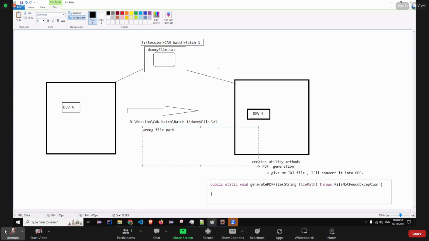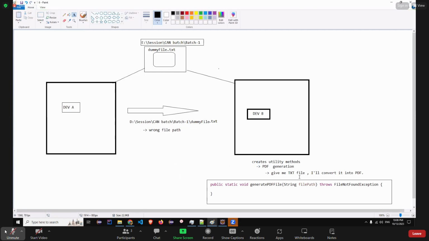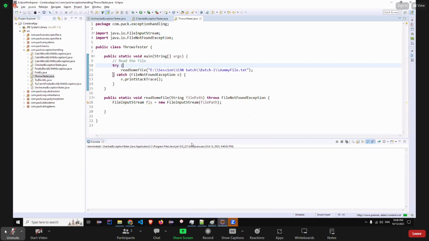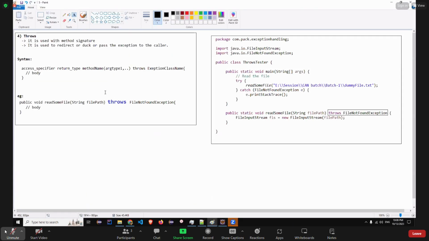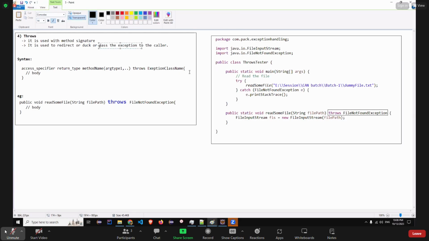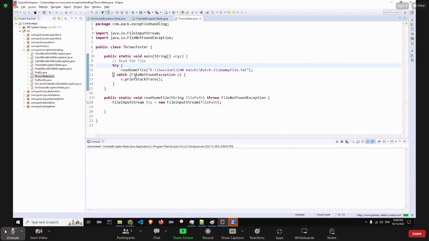तो ये इज थ्रोस कीवर्ड। थ्रोस कैसे काम करता है, मेथड सिग्नेचर के साथ। इसका काम ये है कि जहां कोड ब्रेक हो वहीं के वहीं इसको रिटर्न कर देगा, किसको, कॉलर को। नाउ इट्स द कॉलर रिस्पॉन्सिबिलिटी टू हैंडल दिस। इसका यूज ये बनाया गया है कि चीजें और फर्दर ना एग्जीक्यूट हो और वापस कॉलर के पास रिटर्न कर दे। इसलिए इसको रीडायरेक्ट समझ लो, या पास द एक्सेप्शन। ये तो काफी सिंपल वर्ड है, पास द एक्सेप्शन टू द कॉलर। तो अपने केस में मेन मेथड है, जिसने कॉल किया था उसने पाथ गलत दिया तो एक्सेप्शन आएगी, सही दिया तो नहीं आएगी।